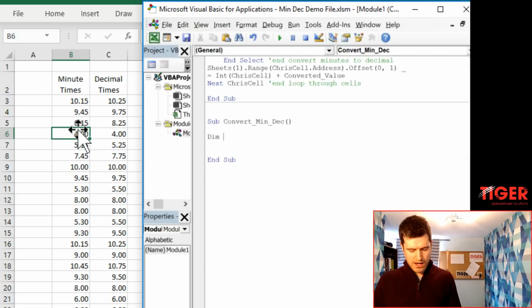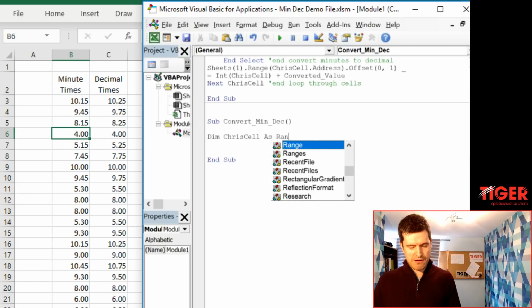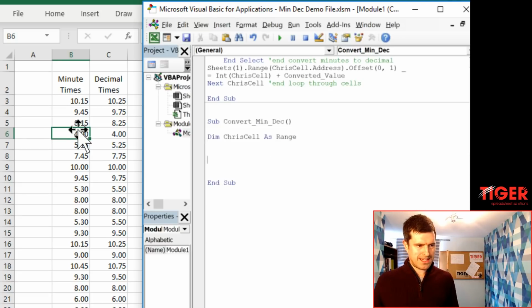And with this loop, and with most loops, you're going to need a variable. In this case, we're going to use a range variable because we're working with cells. So we're just saying to Excel, we need a little bit of your memory to store some details about the cell. That's what we're doing with the variable declaration there, dim Chris Sellers range. You'll notice again, I've given the variable an informative name, so I know from the name roughly what it does. And then we're going to say for each Chris cell